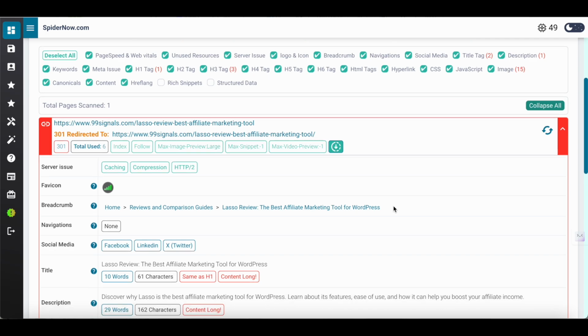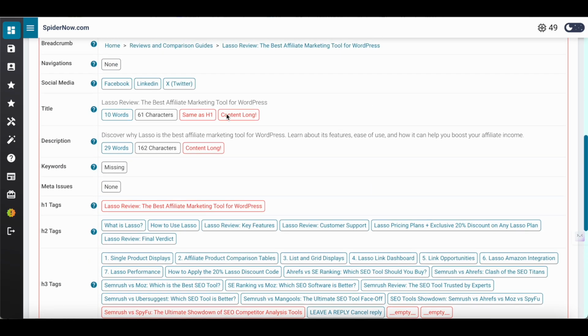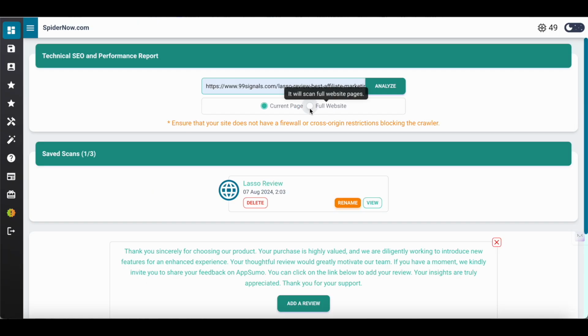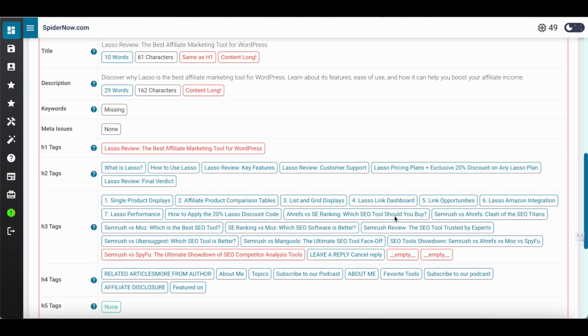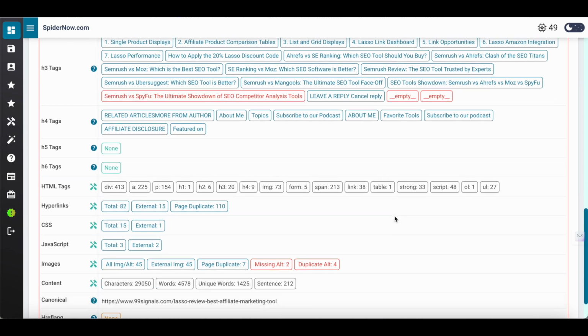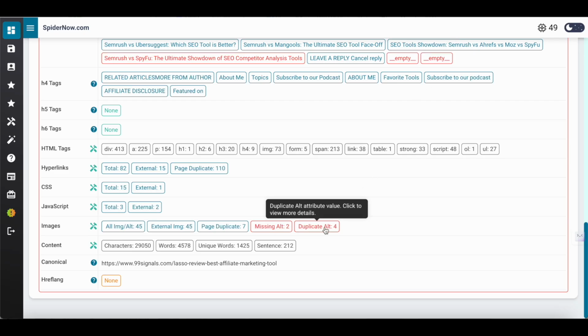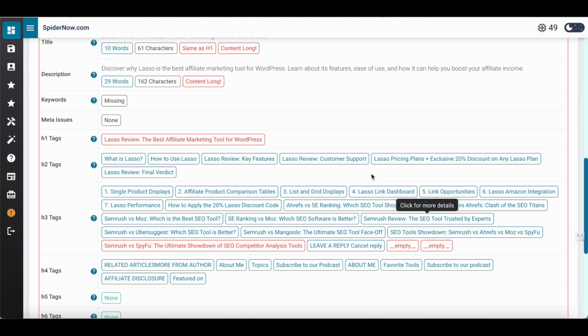What I really like about SpiderNow is how easy it is to use and how quickly it identifies technical and performance issues for any page on your website. To get started, you just need to enter your domain or a specific URL that you'd like to analyze. Once you've done that, SpiderNow will offer a complete breakdown of all the issues, including issues with your meta tags, broken links, and image SEO. It'll also offer recommendations on each issue, so you know exactly what you need to do to improve your site's